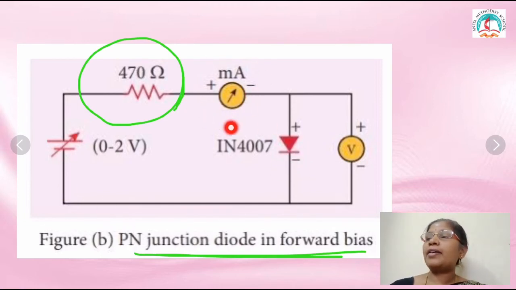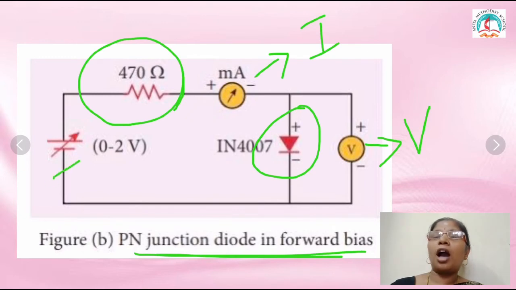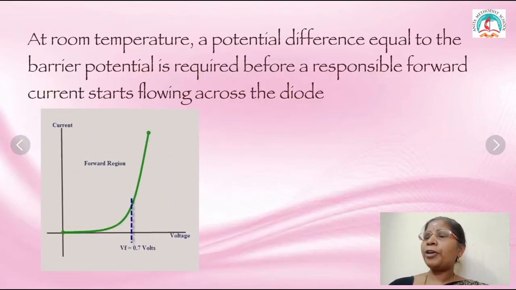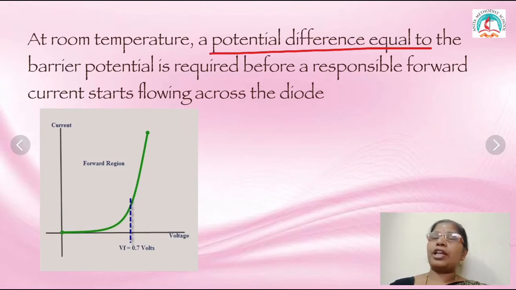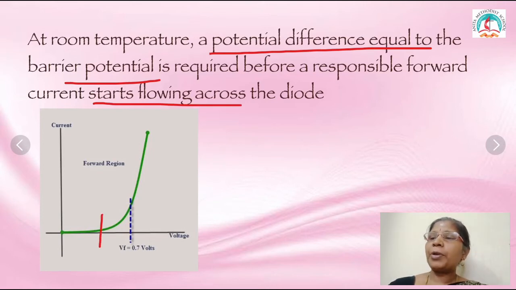Okay. This milliammeter is used to measure the value of current. The voltmeter is used to measure the value of voltage. The voltage across the diode depends upon how much voltage you are applying. Actually, the voltage value varies from 0 to 12 volts. At room temperature, when the potential difference is equal to the barrier potential, the forward current starts. The minimum voltage is called the threshold voltage. You see below that there are no changes on that side. Only after the threshold voltage, when the voltage value increases, the current value also increases.